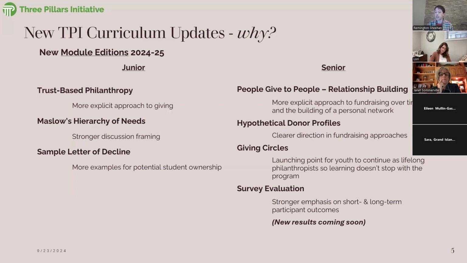Why is this something that they could take away from the program, even beyond the specific skills that are associated with executing the junior or executing the senior year? In a broader sense, you're building a personal network, you're understanding how to build these relationships and maintain these relationships in this way, whether it's specifically for fundraising or whatever it might be. But a lot of these changes are more about what the general approach is and what the framing is for the students of the program.